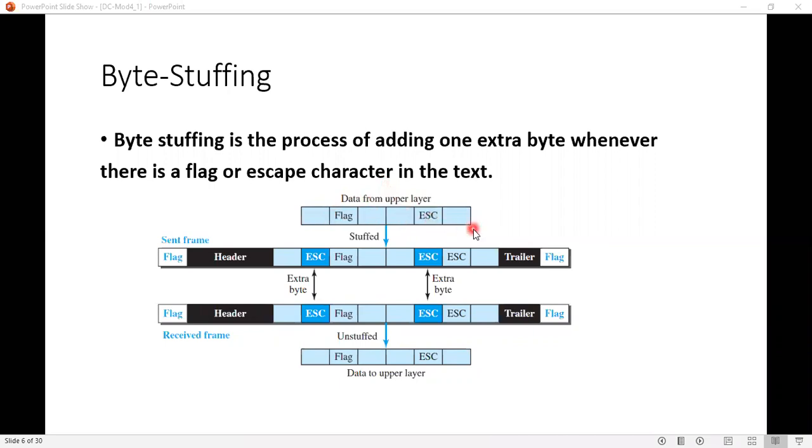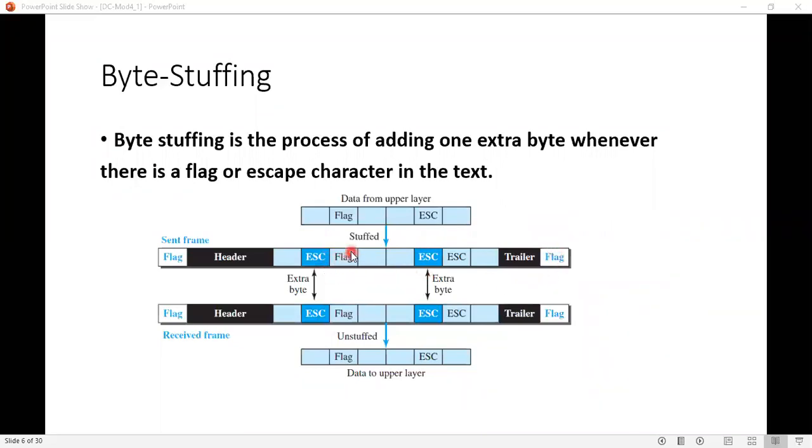In this information you have the flag here. Whatever flag you are using, it is coming in between. It doesn't mean that this is the end of the frame, right? The end of the frame is here.